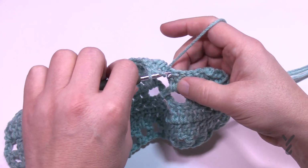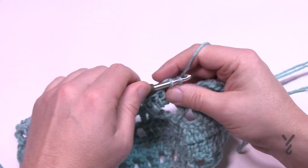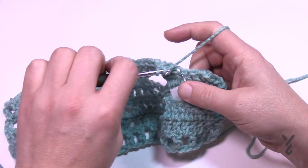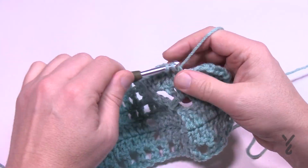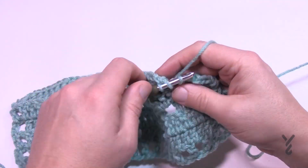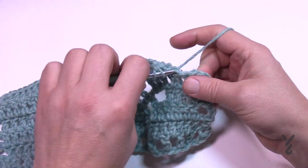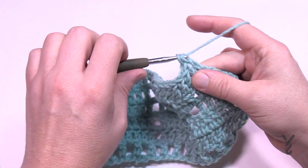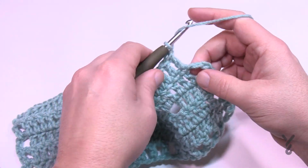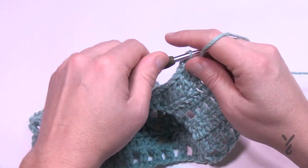And then start with the double crochets on the other side of the space and fill that in, and then you'll jump your box once you get there, so you'll create that space like you had been right here, and you'll keep doing that over and over. Just to reiterate, on the baby size that is written in the pattern you have 7 of those boxes across. So chain 1 and then just go to the 3rd chain to maintain that edge,